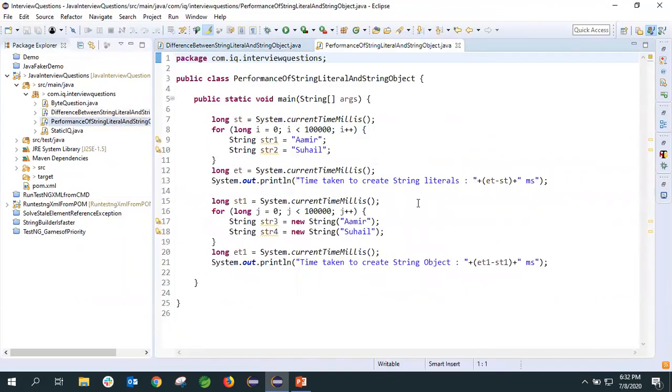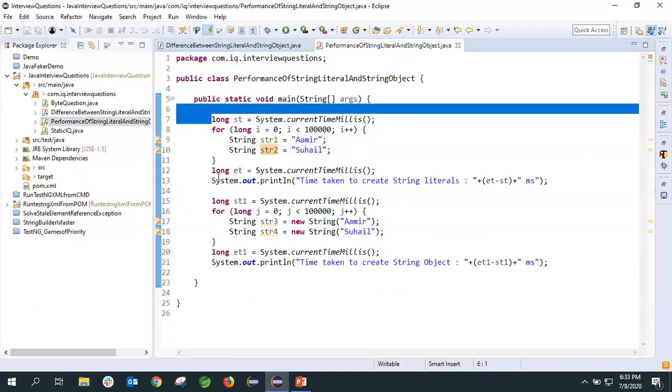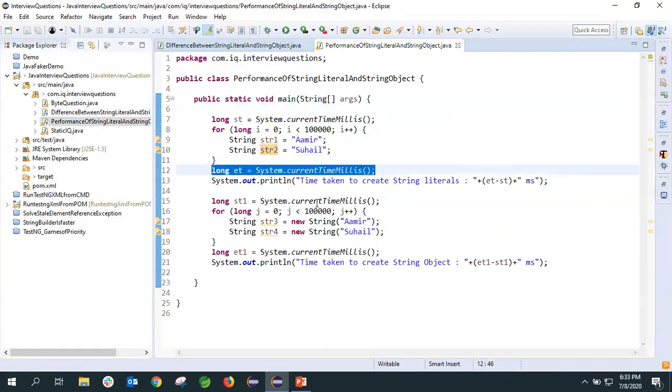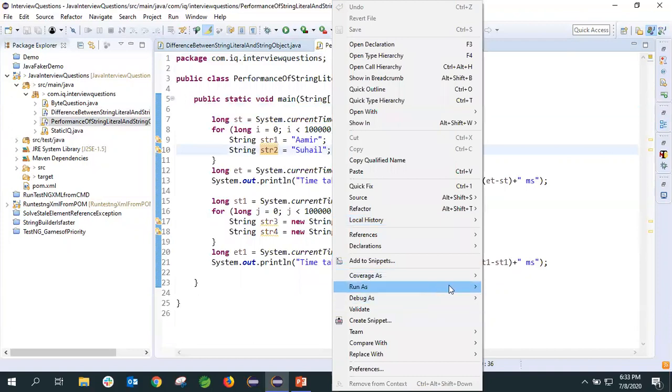I've written a sample program performing some operations on string literals as well as string objects, so I'm trying to get the time for that. I've taken the start time and the end time for both. Let's run and see what we'll get.